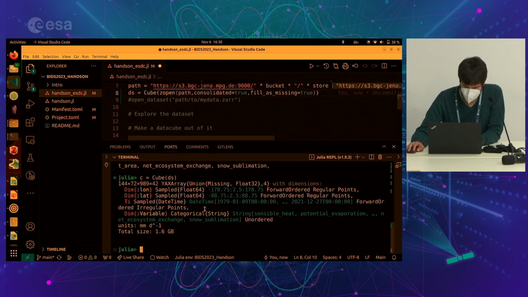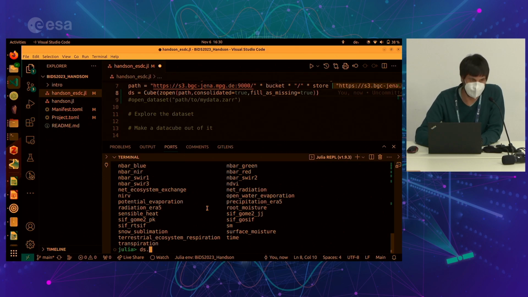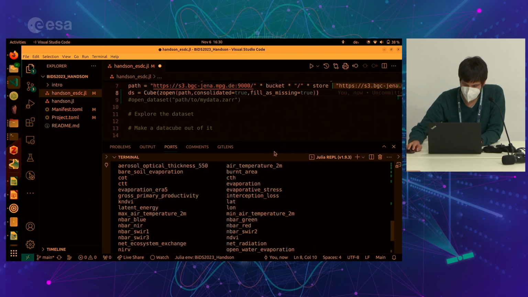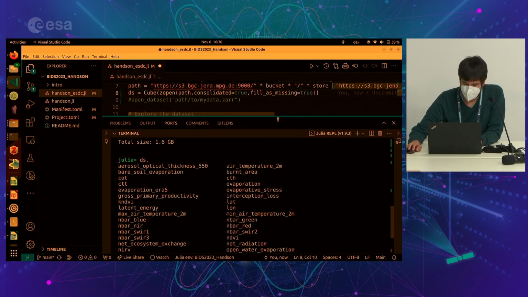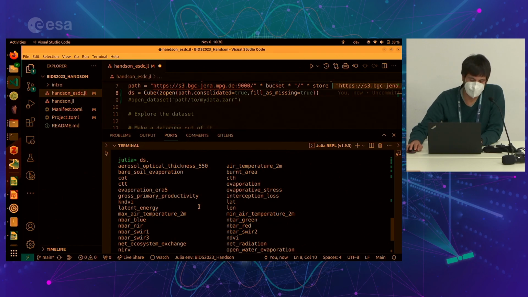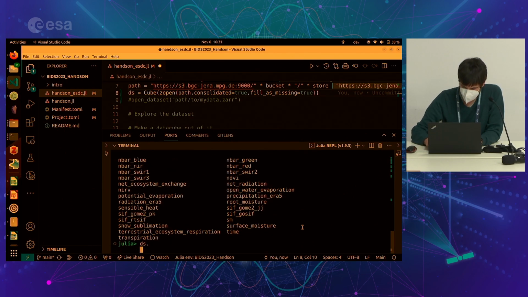And so you can have a look into it by just doing ds dot and then tab, you would get a list of all the variables that are in the dataset. Or we can also, if we look at the cube,